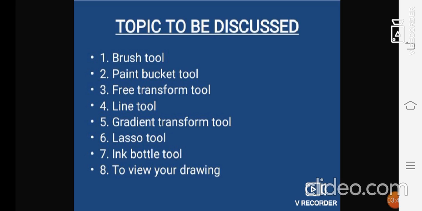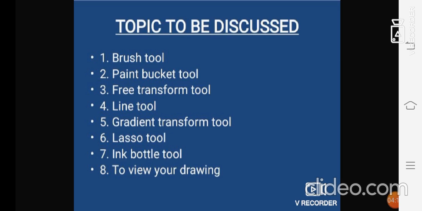The brush tool draws brush-like strokes similar to the brush you use on paper. When we normally draw in a book, we use a brush, and in the same way you use the brush on your computer with the calligraphy options, and you can draw any kind of drawing. Whatever you feel like drawing, you can draw, and you can also write stylish freehand text. This is the meaning of a brush tool.